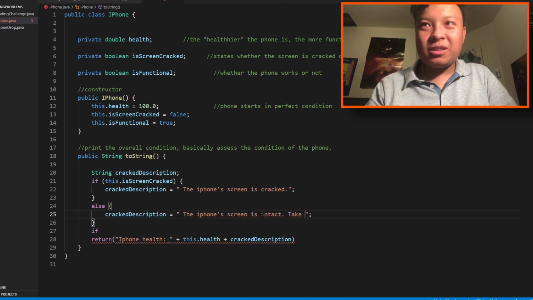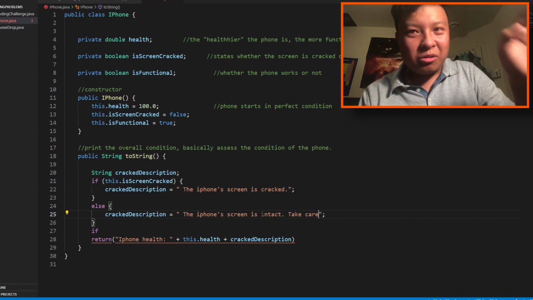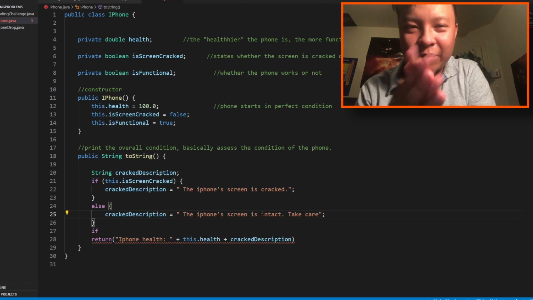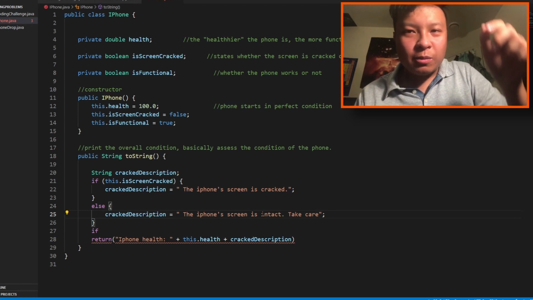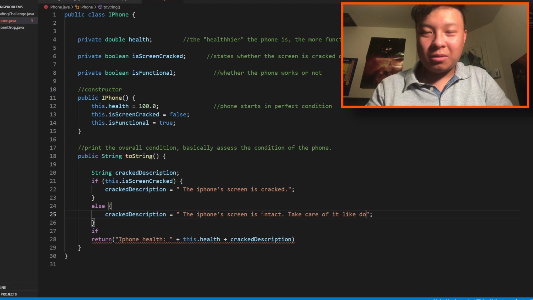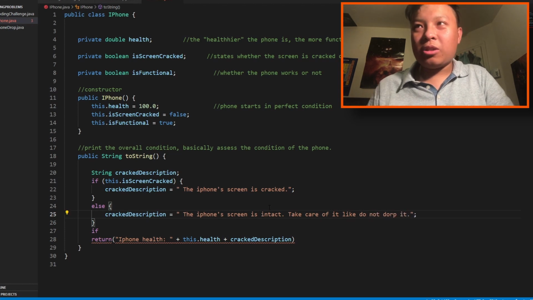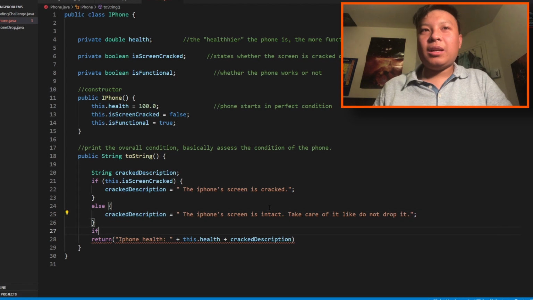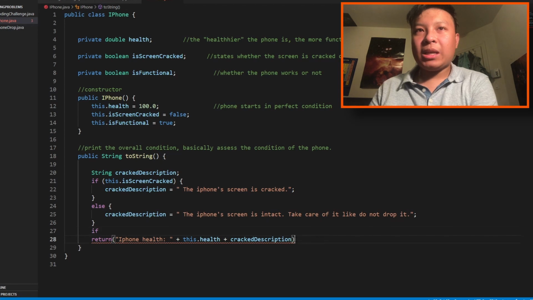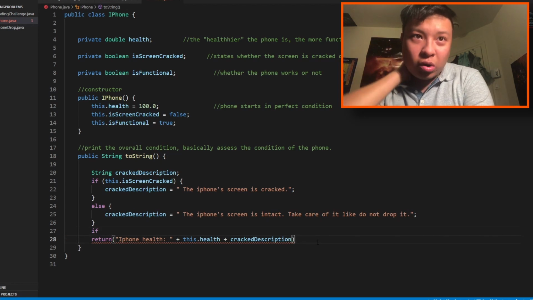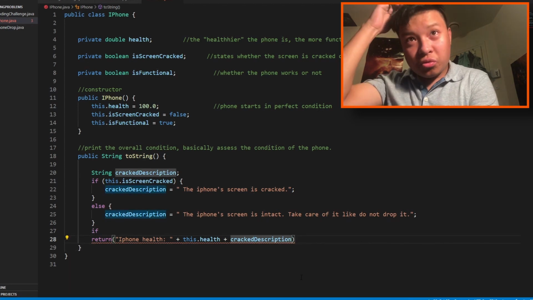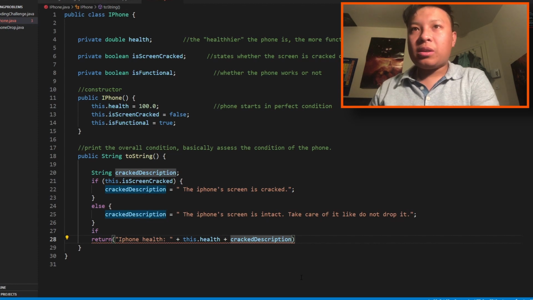Take care of it. Essentially, you're not going to take care of this iPhone anyways in this program because it's not a real iPhone and it's an iPhone that is meant to be dropped. Okay, not dropped. Okay, so let's try